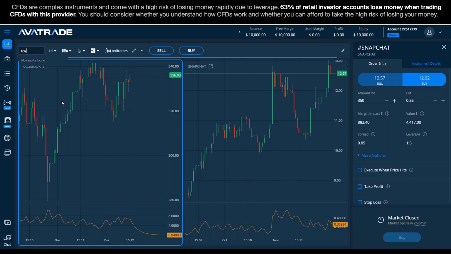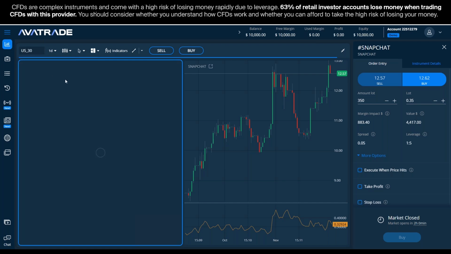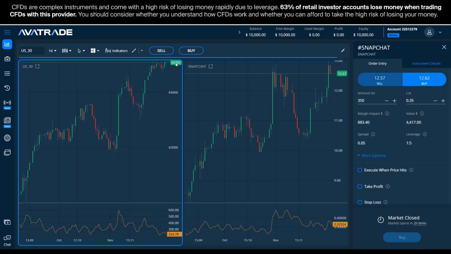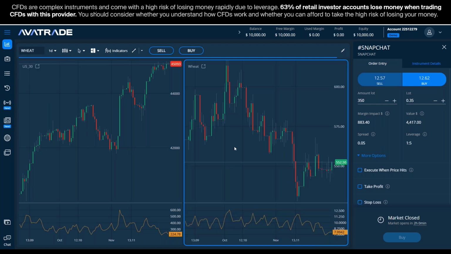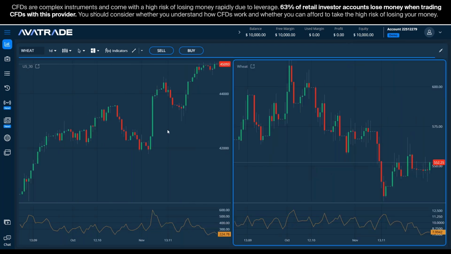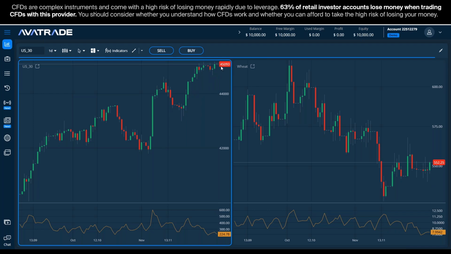Let's take something else. Okay, so if we're looking at Dow Jones with 45,000 per index, that can on average move 224, and we're going to compare it now with something with a smaller value, like wheat as an example. We can definitely see that even per day, making this comparison, it's moving more than 30 times, not 30 times, maybe 25 times more than wheat. Okay, and that's understandable because the price per unit for wheat is 552, and the price per index for Dow Jones is